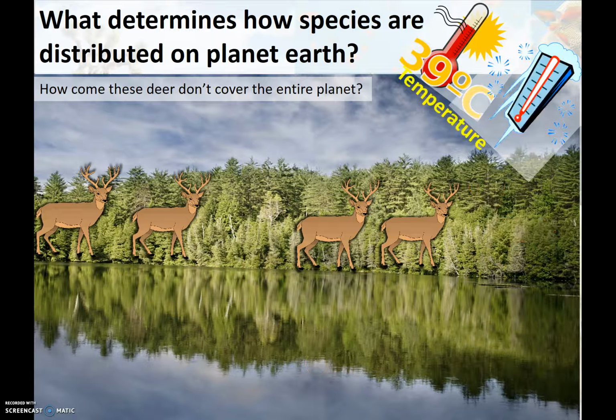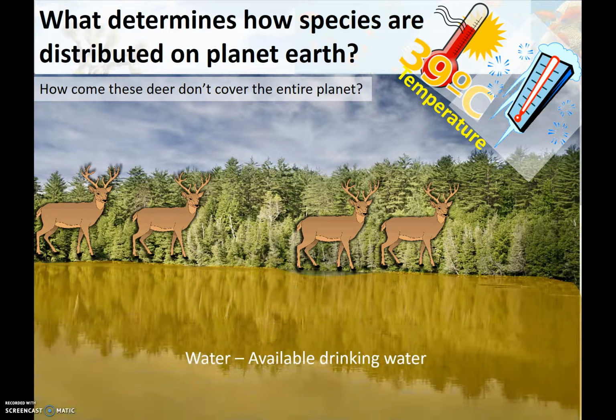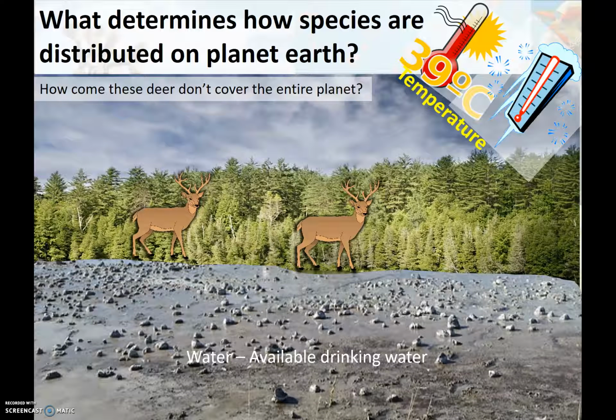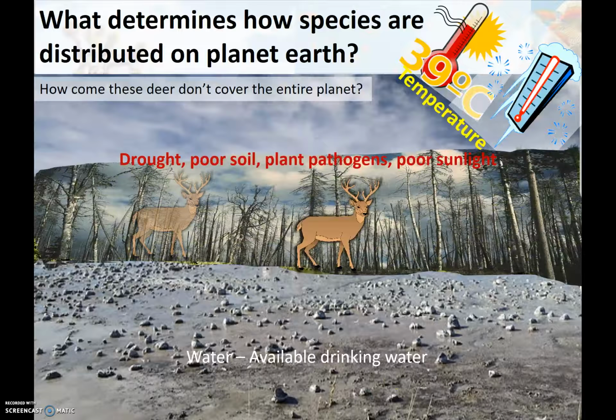Now there's also things that are not living. So temperature. All organisms on Earth have a specific temperature that they prefer. Also availability of drinking water. Is there water? Like think about life in the desert, for example. The desert, even though it has tons of space, doesn't have large amounts of life simply because there's a limited amount of water. Especially if they're in a drought or the water dries up, that's definitely going to limit the population size. If there is drought or poor soil, sometimes the nutrients that are available in an ecosystem can limit the population size.